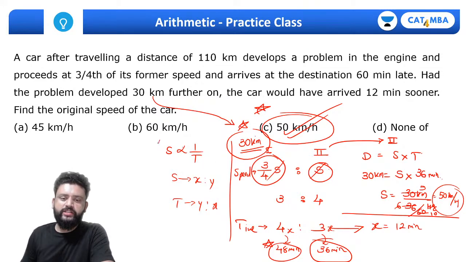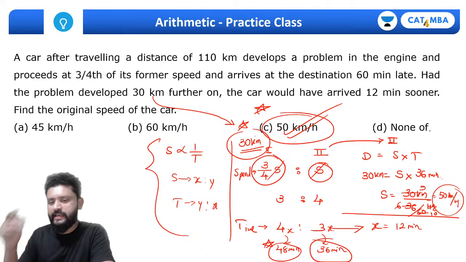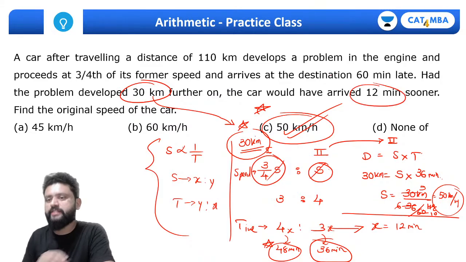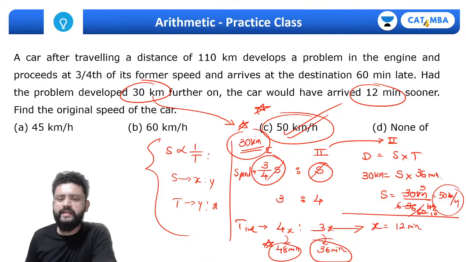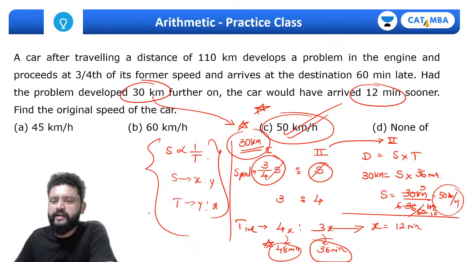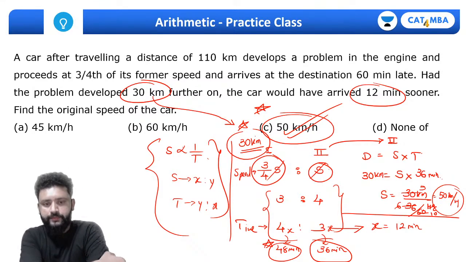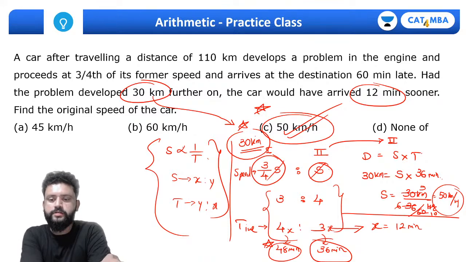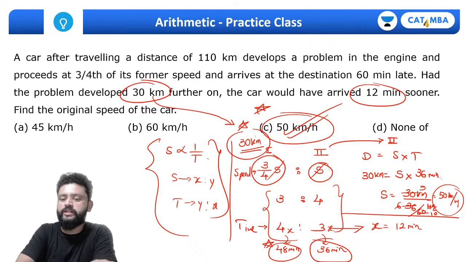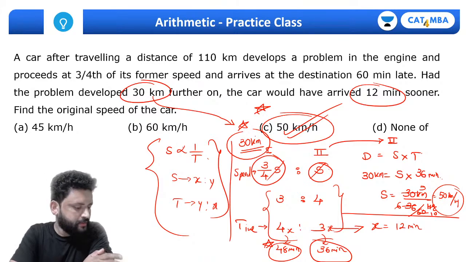I think this is an easy question if you know this trick. Basically, this 12 minutes difference has come only because of that 30 kilometers. That's it. The rest is just basic time, speed, distance. Time and speed are in inverse proportion and you can use the ratios. Ratios are always useful. Doesn't matter if you are doing mixture and alligation or percentage or speed, time, distance. Try to include the ratios in your calculation. Definitely you'll cut short your calculation part.